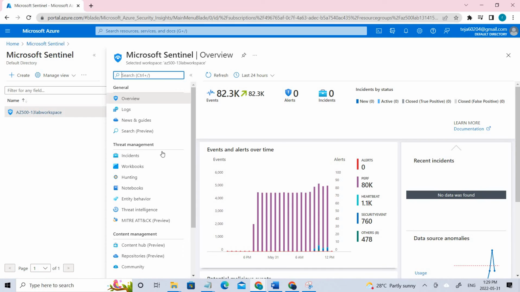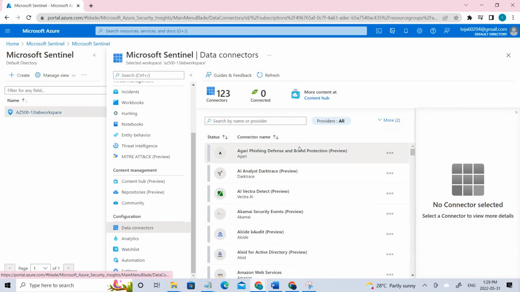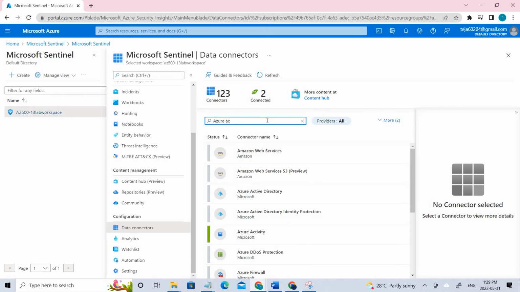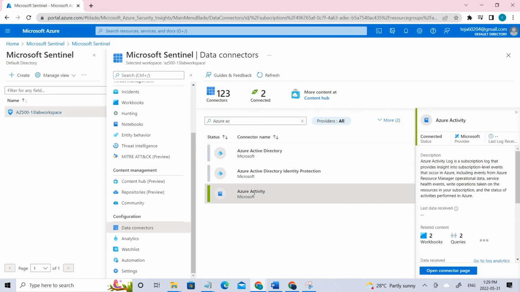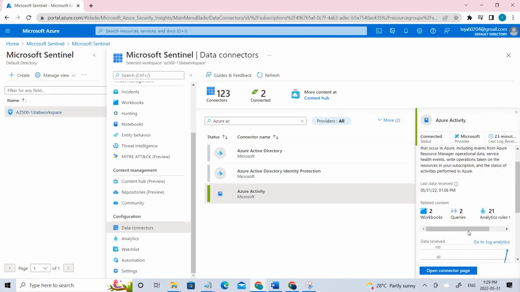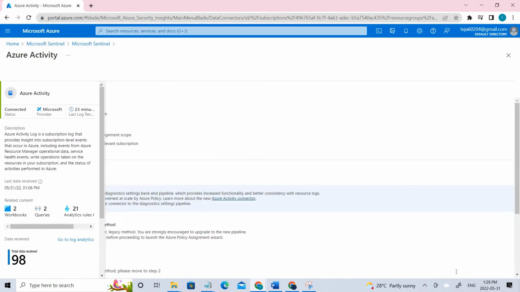However, if I go to the configurations and go to the data connectors, here type Azure Activity. So you can see Azure Activity. I have already connected it, but I'll show you how this is done. You can see we also have some graphs. So if you click open connector,